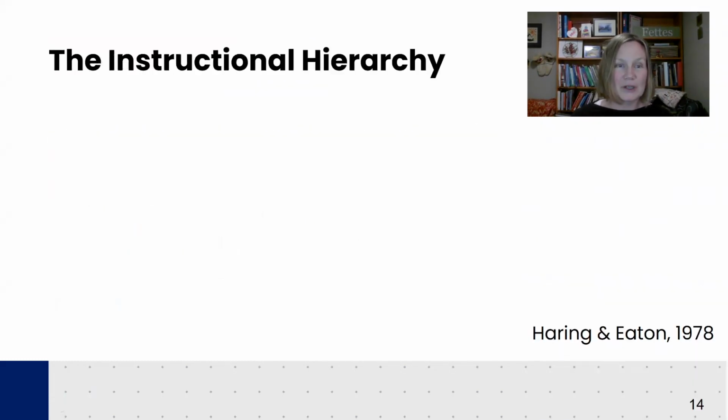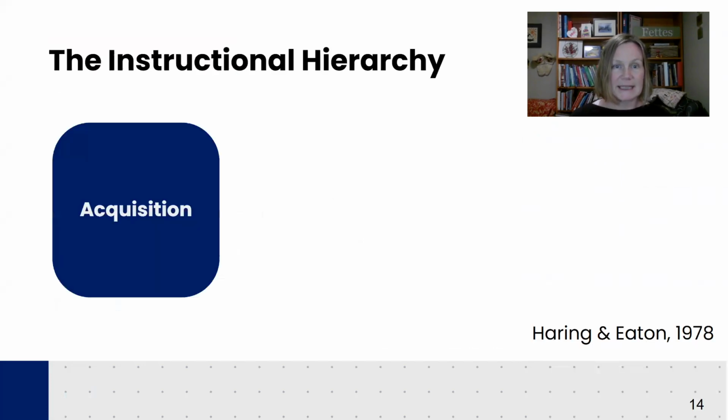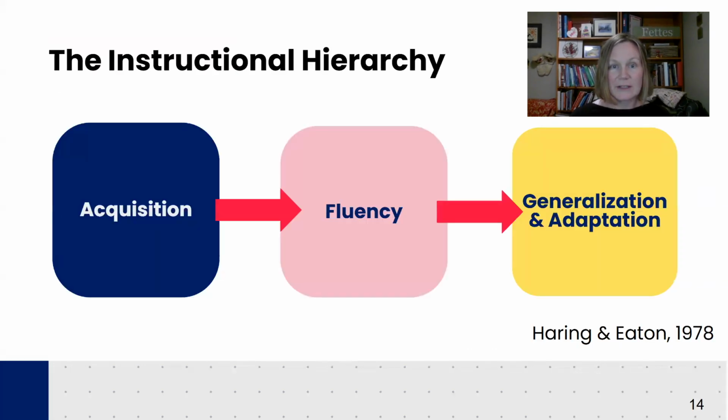Okay. So we just wanted to very briefly touch on the instructional hierarchy because we really have spent some time with it during this. Remember that it is that well-established model of skill acquisition. And today we're going to be discussing that final stage, the generalization and adaptation stage, where students apply and practice skills and use their knowledge in a new context and setting. In adaptation, students can perform skills across a variety of settings with accuracy and proficiency.